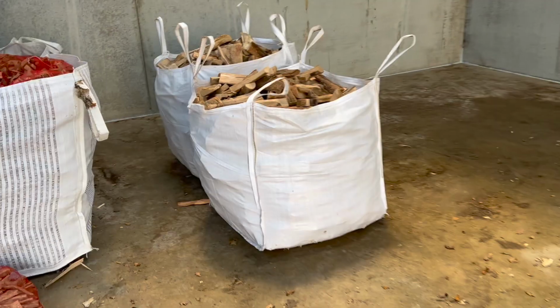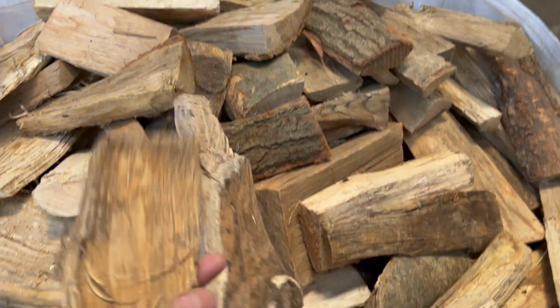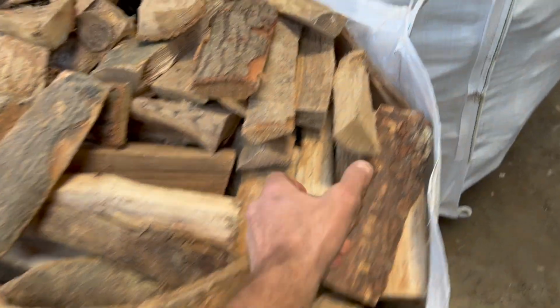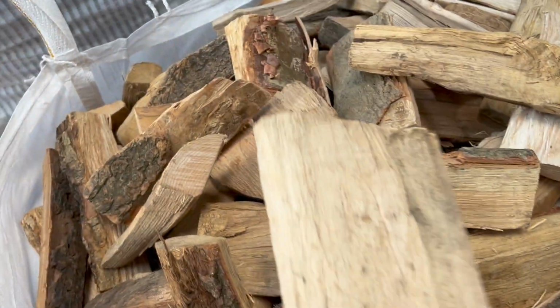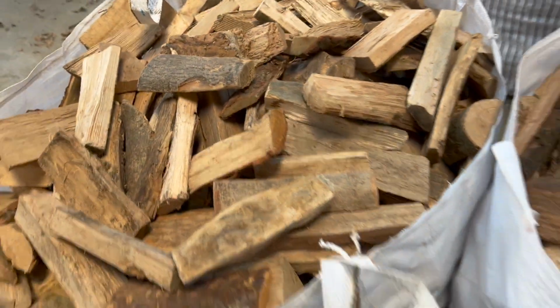So yeah, that's all nice. Right guys, here's the economy wood. What we've been delivering out is just thin pieces that come out of that trommel. Dave's chipping them up, the excess stuff that we've got, because it is quite hard work to bag these up. It's all a hand job basically, and then we sell it for £95 for a bulk bag, which is pretty